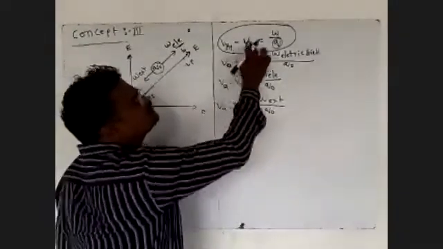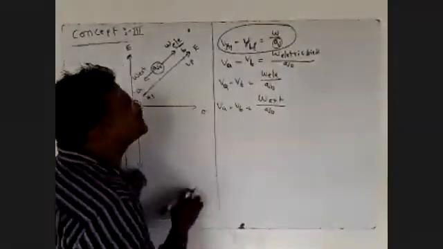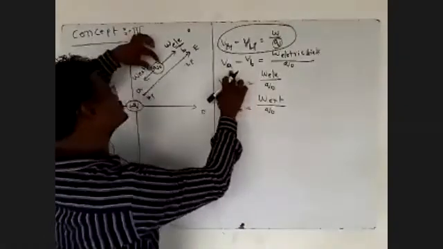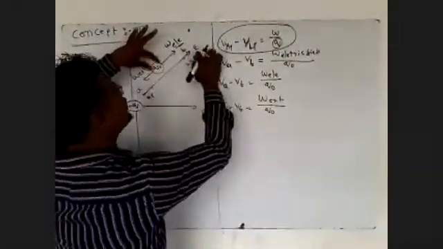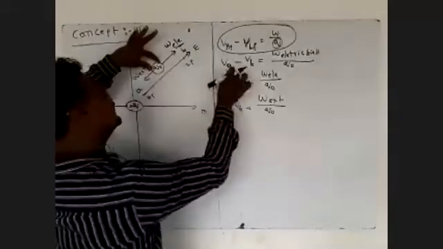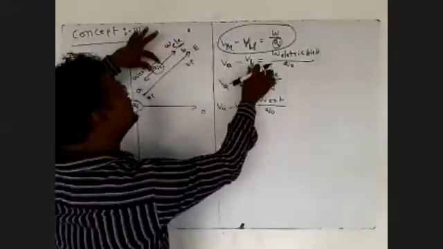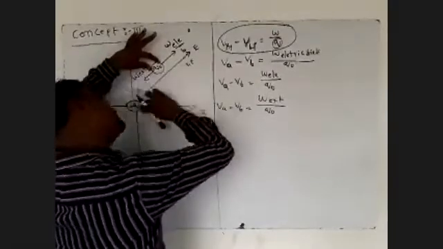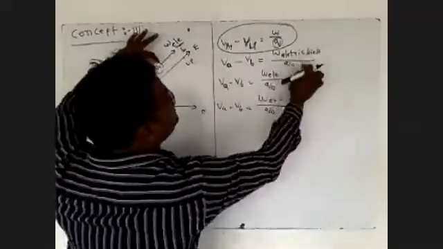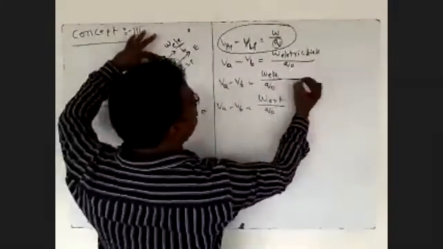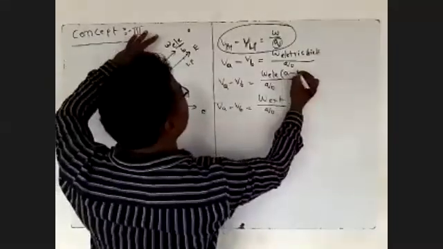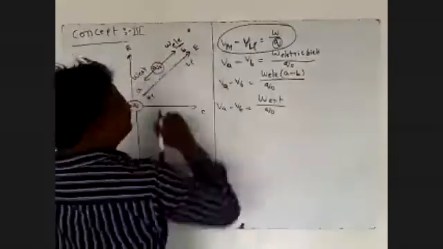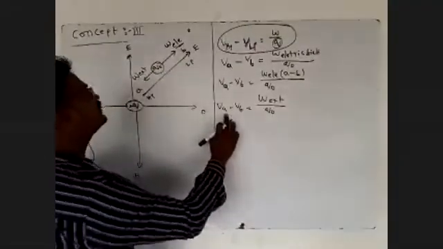The potential difference is equal to work by charge. Q naught moves from higher potential to lower potential. Higher potential is point A, lower potential is point B. The charge is moving from A to B. What is the external work done? The charge is moving from A minus B.